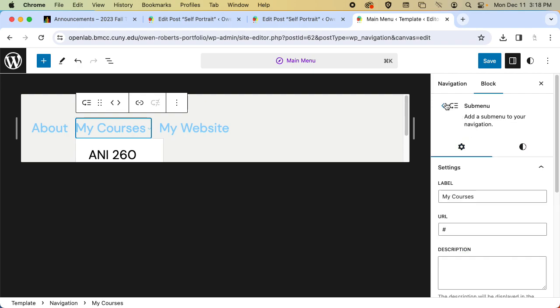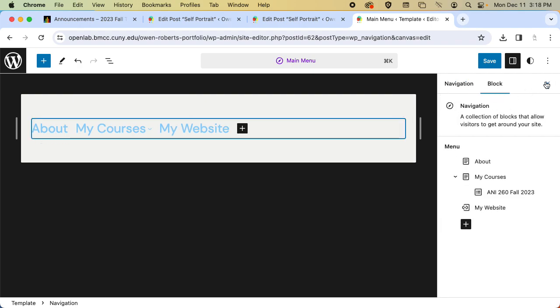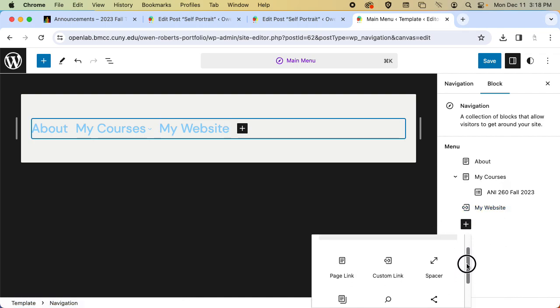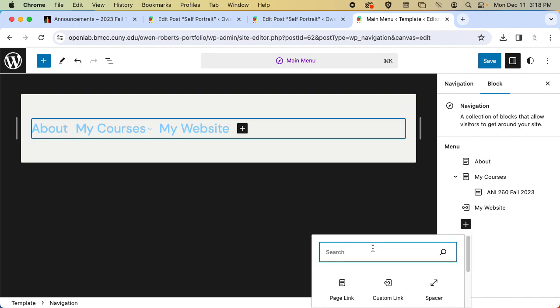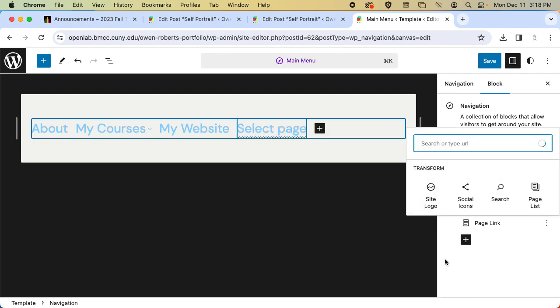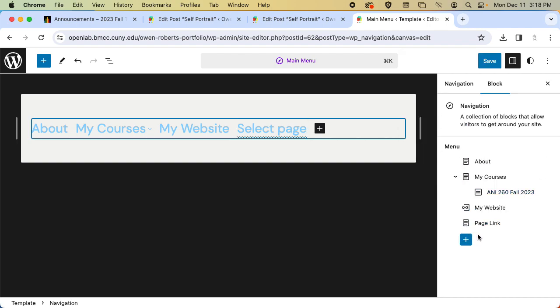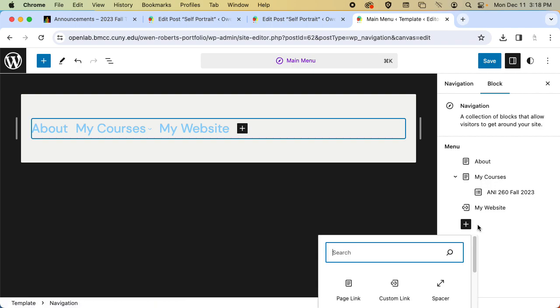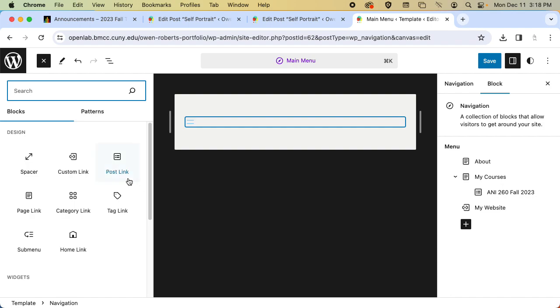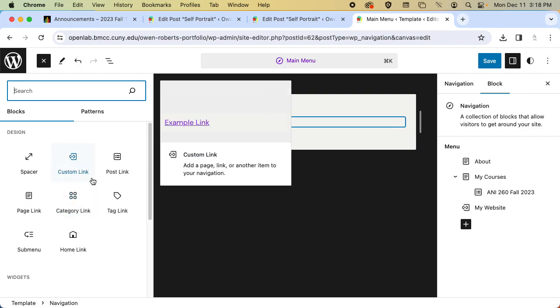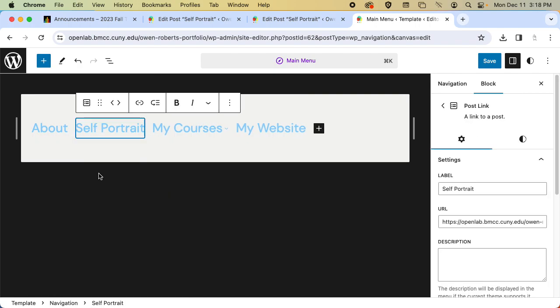This is a little bit different than the old version of WordPress. So I'd have to. Oh, here we go. I can add. Okay, so I can add posts. So if I wanted to add the self-portrait that I just added, it doesn't show up. Okay, let's try a page link. No. Let's remove that. Let's try adding browse. Oh, there we go. Post link. Okay, so then I can add self-portrait,